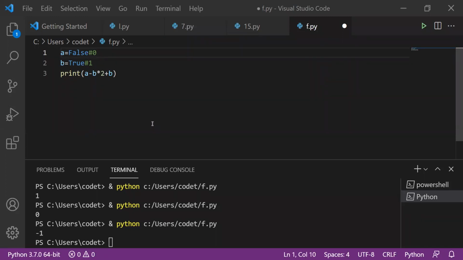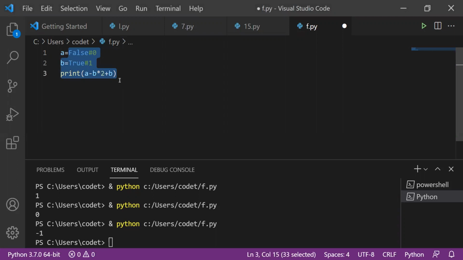So this is a logic based on true or false, but the internal logic is based on 1 and 0. Okay, so don't get confused based on this. Okay, it's very, very important. Yeah, let's move forward to one more question.